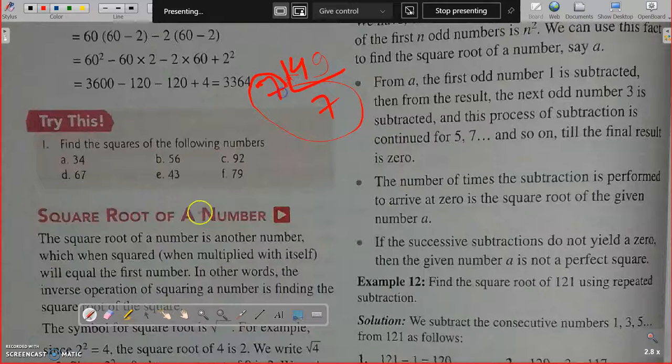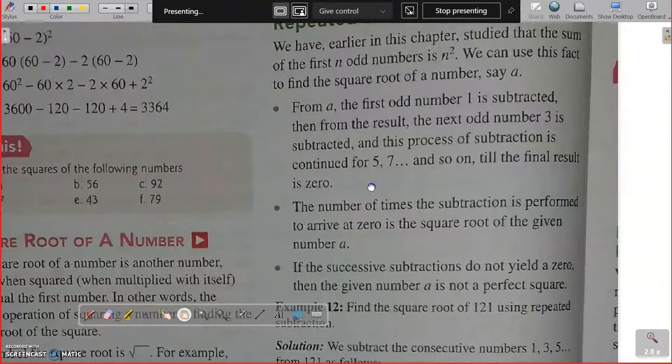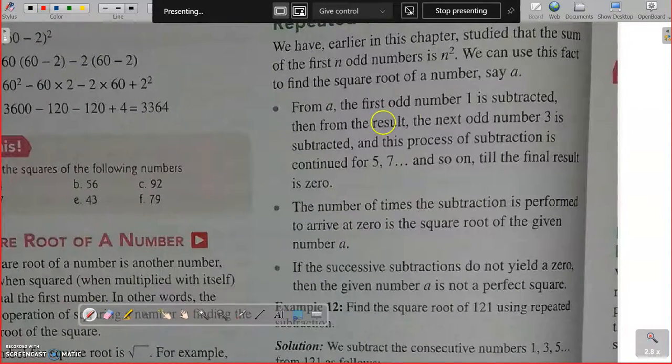Clear? Yes, sir. It is a lengthy process, yes, because you have to subtract one by one, so it becomes lengthy. But it is easy. Of course, for a smaller number like 25 squared, 26 squared, it can be used, subtracting 25 or 26 times, but if it is more than 100, then it will become difficult for you. So we are studying it only as a process.